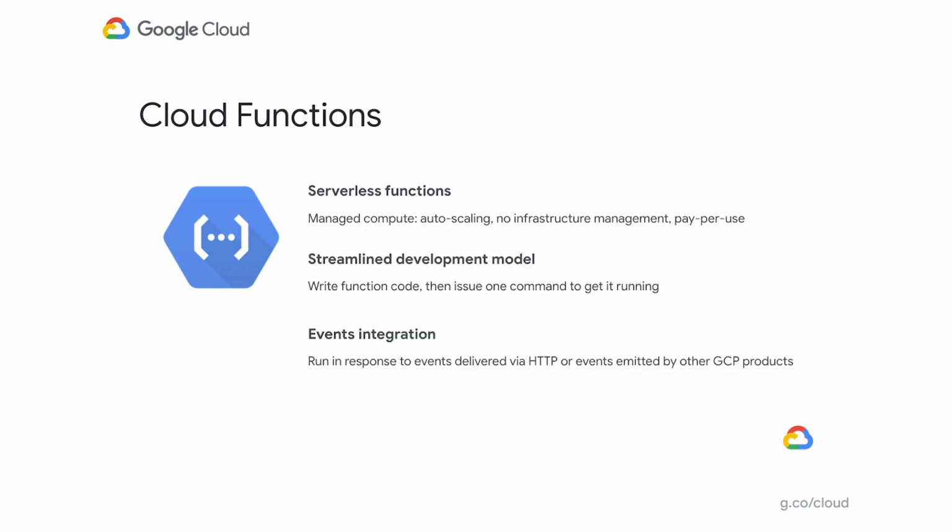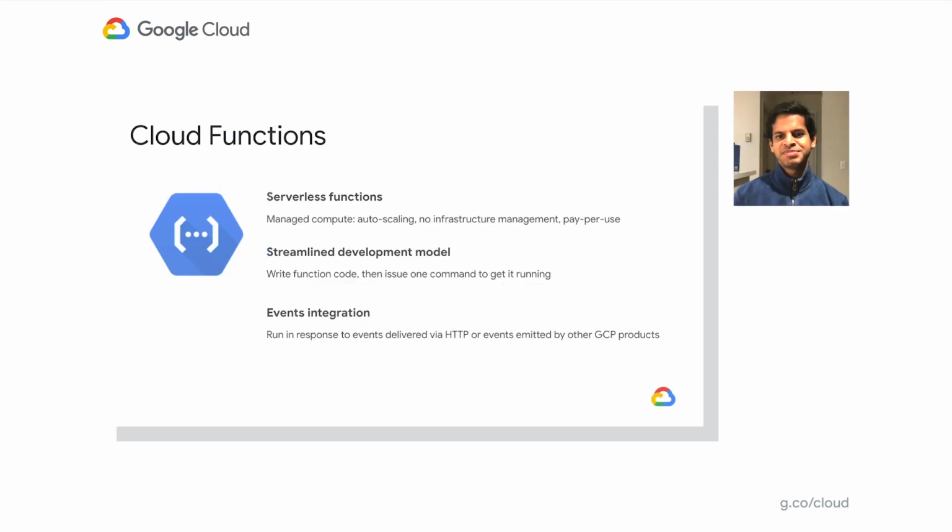It scales seamlessly with zero infrastructure management. It also has a streamlined development model where you wrap up and write a function very quickly. In addition, it's integrated with key events all across GCP to build up complicated applications and services. When we talk to users, they really like to use Cloud Functions for its simplicity, scalability, the fact that you don't have to manage servers, the pay for use model, and the fact that it's connected with a broad range of